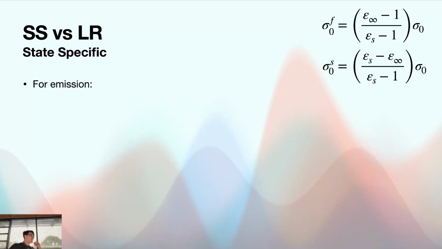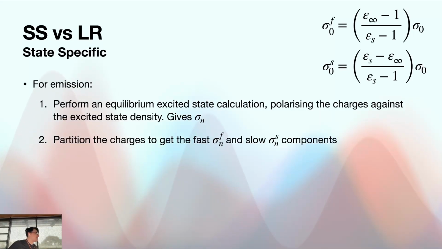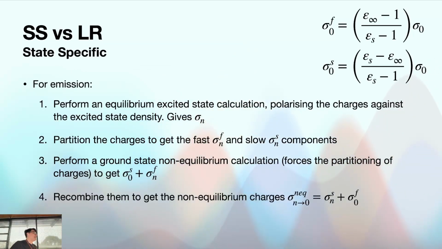For emission, though, we perform an equilibrium excited state calculation, polarizing the charges against the excited state density. We partition the charges to get the fast and slow components. We perform a ground state non-equilibrium calculation, which forces the partitioning of the charges. So you're making sure that it does separate the fast and slow components, and then you're recombining them to get non-equilibrium charges. So note here,